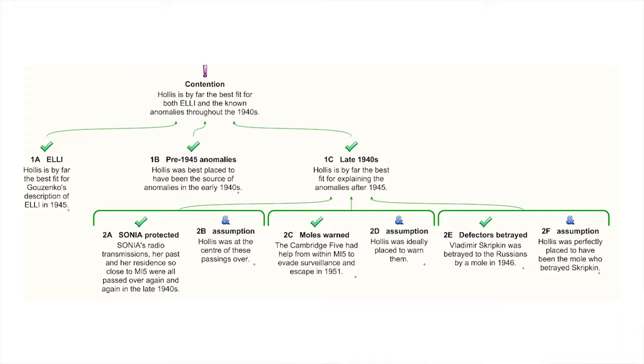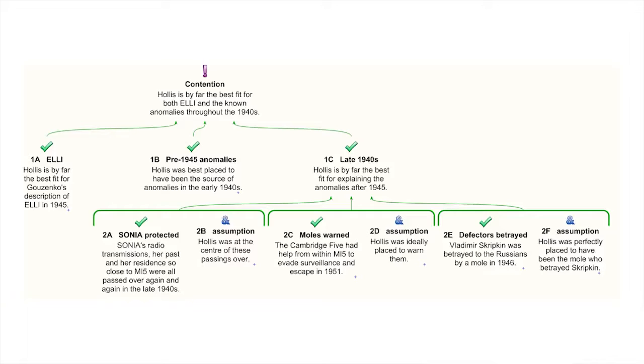We don't know. But what I encourage you to look at here, and you have the underpinnings before you in paper, is that if you take this set of considerations as a whole, you have a set of anomalies, a set of events in the years of the Second World War, which again and again point back to Roger Hollis as suspect. And there is no other candidate who fits that pattern and those suspicions in the way that he does. Let us turn finally to 1C.